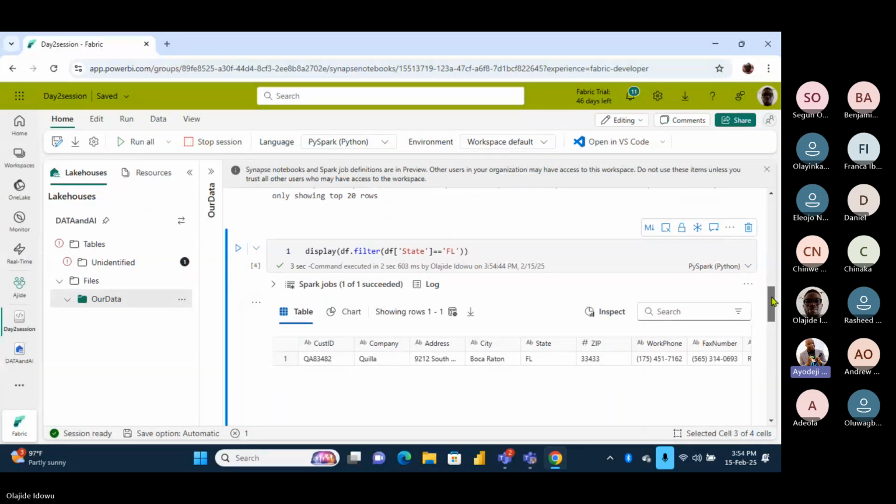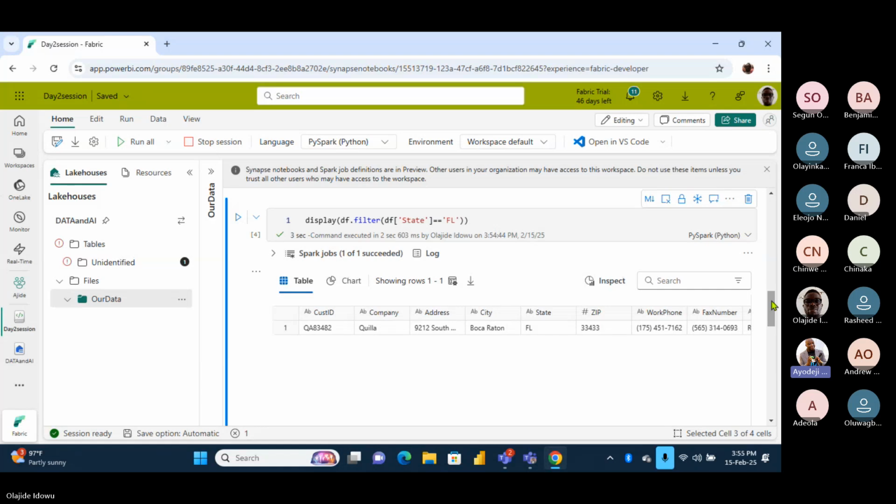Now, with what we have done here, it will give us whatsoever we want. At this point, note what we are doing. We are now working on df. That is how important a data frame can be.